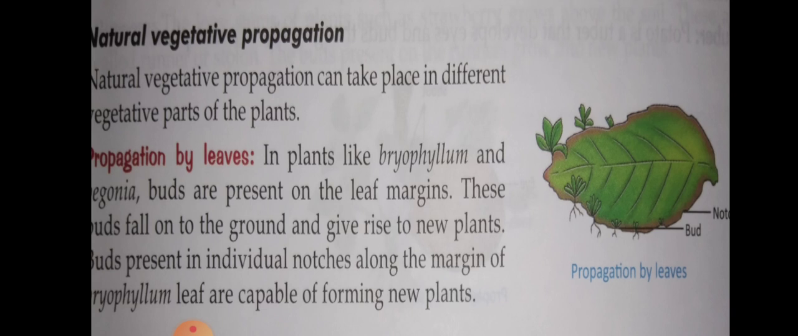As I am saying, the buds are present on the leaf margins, but when these buds fall on the ground, they will give rise to a new plant. Buds present in these individual notches along the margins of the bryophyllum leaf are only capable of forming new plants. So this is natural vegetative propagation, the propagation by leaves. Now let us see